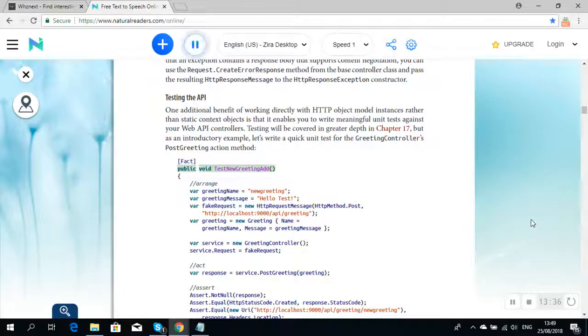[Fact] public void TestNewGreetingAdd() { // arrange var greetingName = "newgreeting"; var greetingMessage = "hello test"; var fakeRequest = new HttpRequestMessage(HttpMethod.Post, "http://localhost:9000/api/greeting"); var greeting = new Greeting { Name = greetingName, Message = greetingMessage }; var service = new GreetingController(); service.Request = fakeRequest; // act var response = service.PostGreeting(greeting); // assert Assert.NotNull(response); Assert.Equal(HttpStatusCode.Created, response.StatusCode);